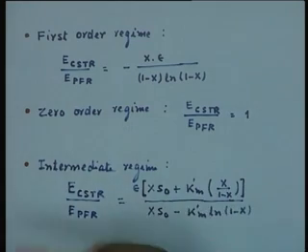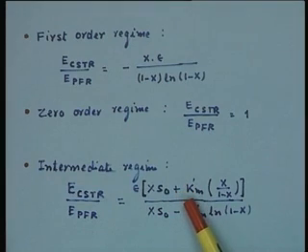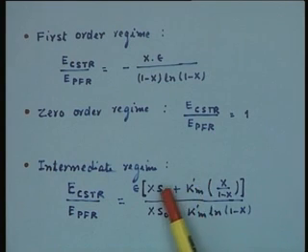Of course, the intermediate regime is where Km and S0 are of comparable value, that means, let us say, between 1 and 10, say S0 is something like about 5 Km values. In that case, the performance will be dependent not only on fractional conversion, but also on the magnitude of Km value. As the relation between S0 and Km, the performance will be dictated.